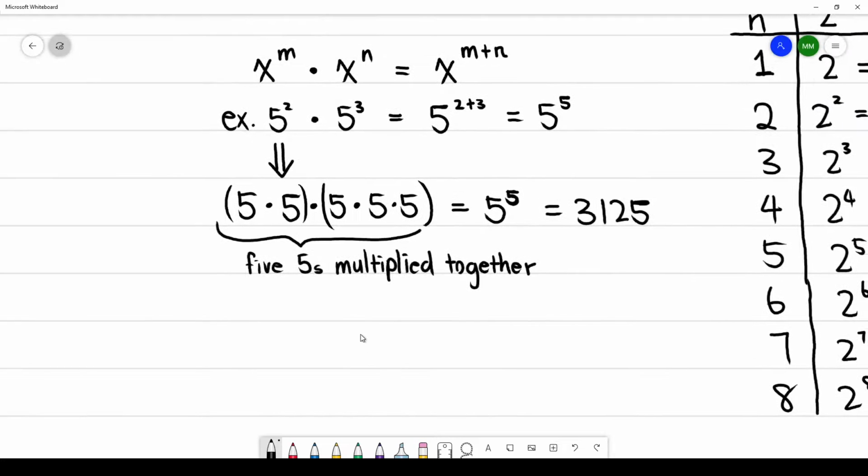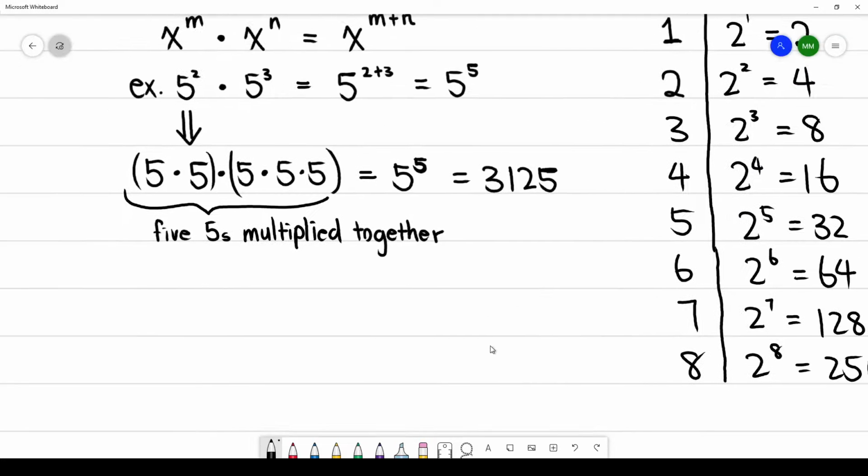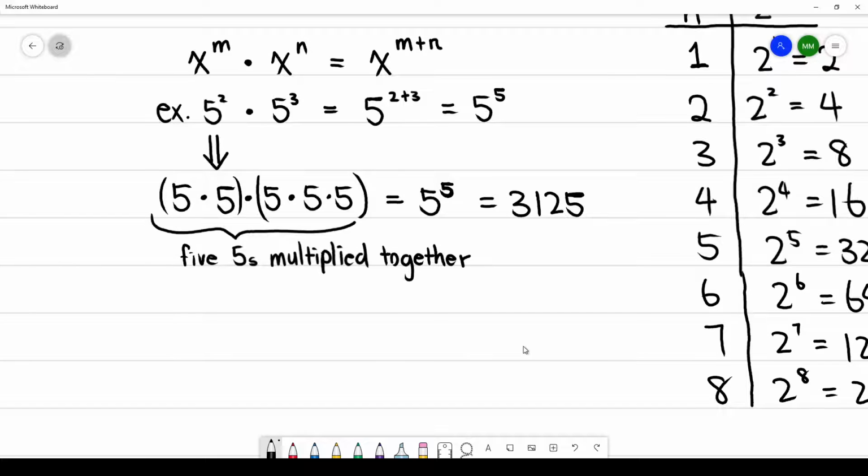And so going back to here, x to the m times x to the n is equal to x to the m plus n. Now with multiplication, we can have this. But now if we do,